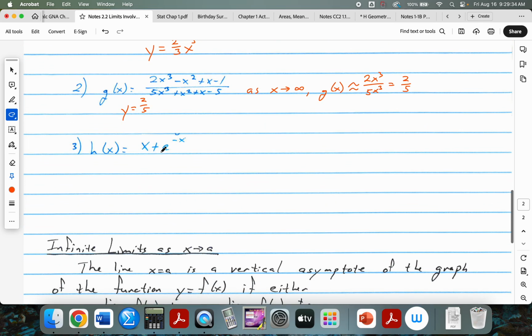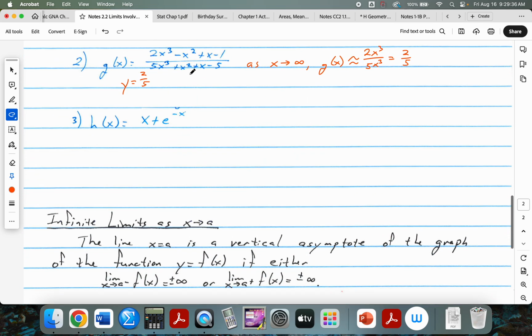Now, for this next one, since those were polynomials, or rational functions, which is a polynomial over a polynomial, we only needed to look as x goes to infinity. For anything else, we may need to look at both x goes to infinity and x goes to negative infinity, and that is true here. So, as x goes to infinity,